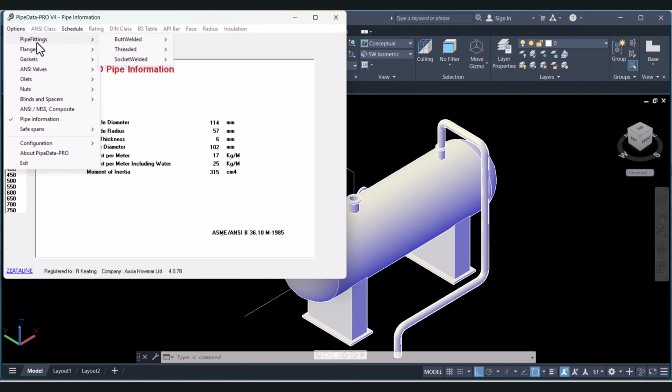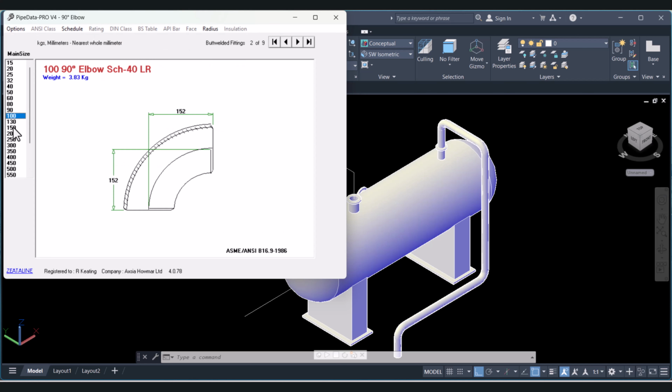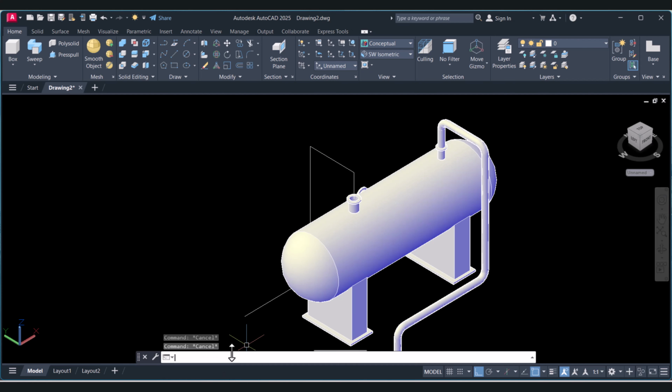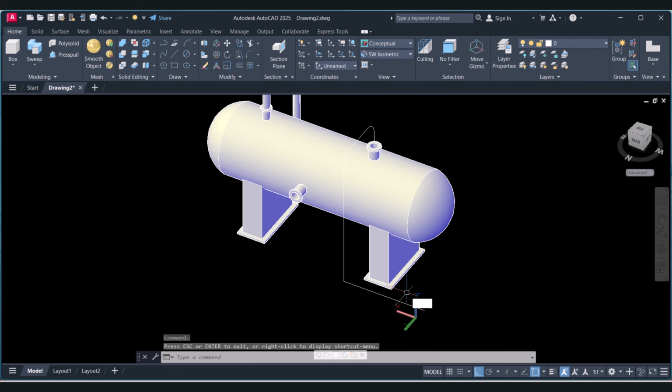Click on option pipe fitting, butt welded, and this is the elbow, and I will select 6-inch 150. Now the radius is 229. Fillet radius 229. Make a fillet. Enter. Fillet